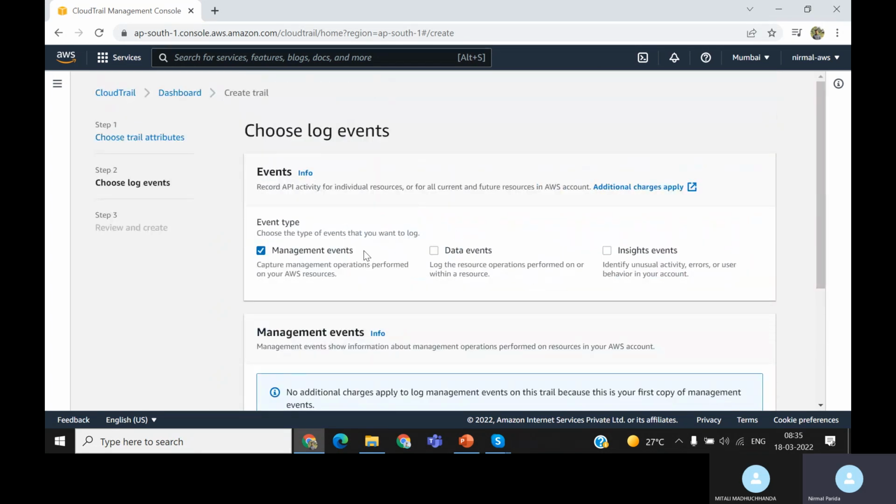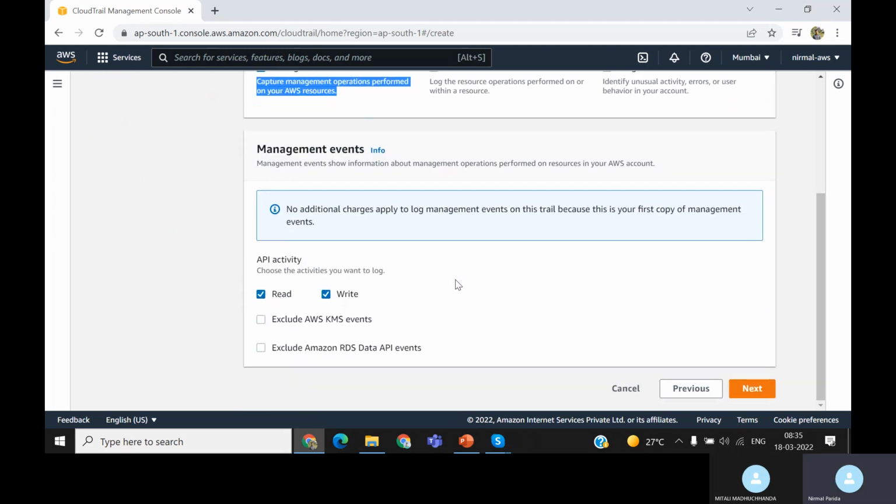See events. There are three types of events. One is management events, one is data events, and insight events. So management events I will discuss. They capture management operations performed on your AWS resources. So only management operations will come here, right? In the data events, if anything occurs in the data, like your S3, those things will come here. So API activity may be your read activity or write activity. I can log both. Next,